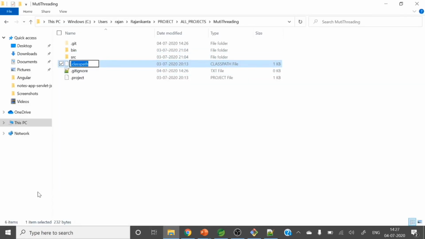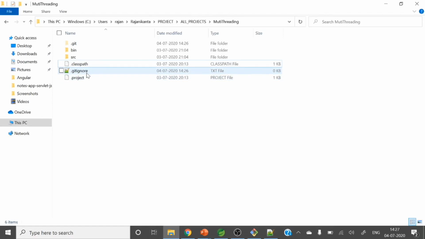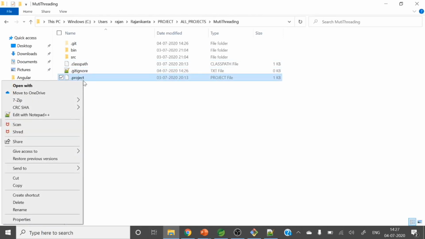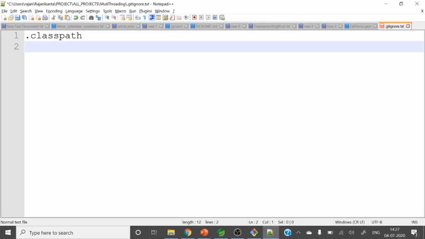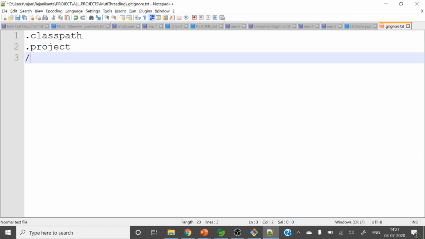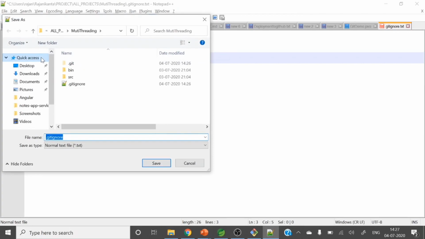Okay, so what are the things we need to exclude? I'm taking these file names so that we can exclude those things: .classpath, .project. I'm not renaming, I'm taking those file names. And /bin. Let me save this one as .gitignore.